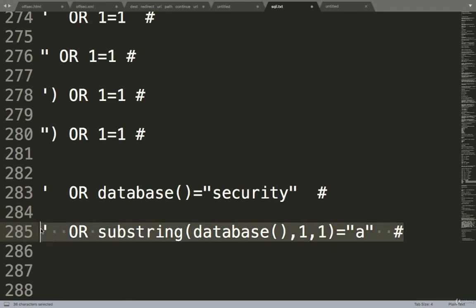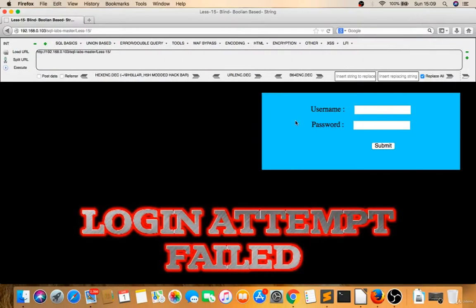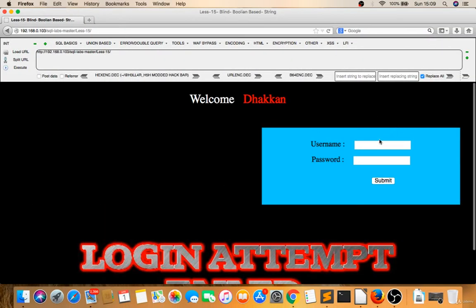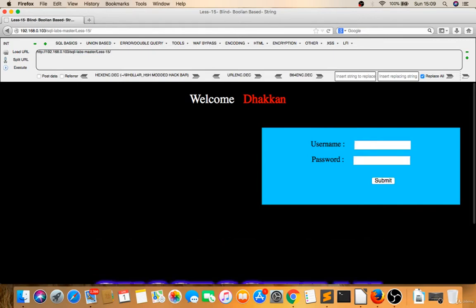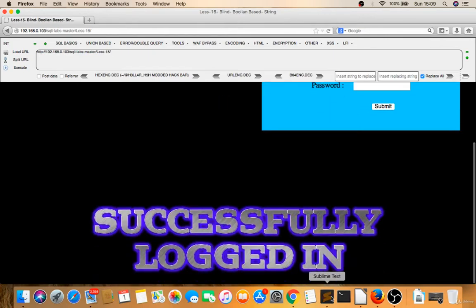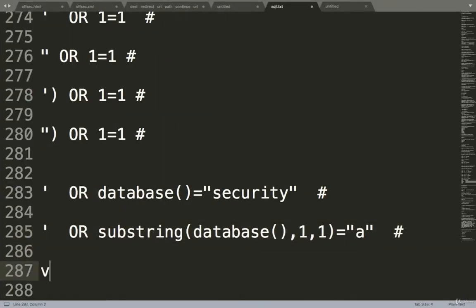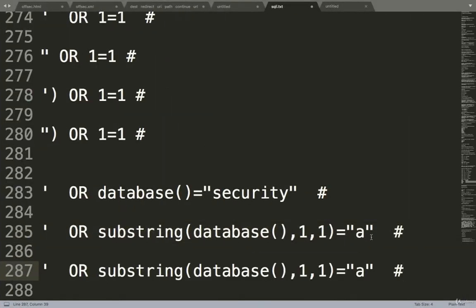So this is a way to enumerate the database, but this will take time. A is not, I'll try P is not, let's try Q is not, I'll try R is not, I'll try S. So yes, S, the first character of the database is S, because that worked fine.